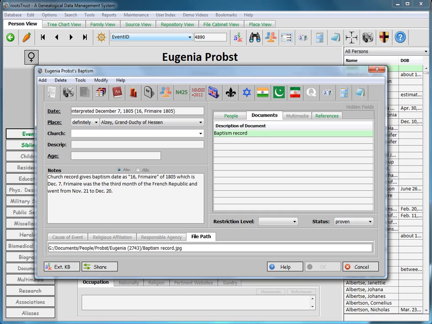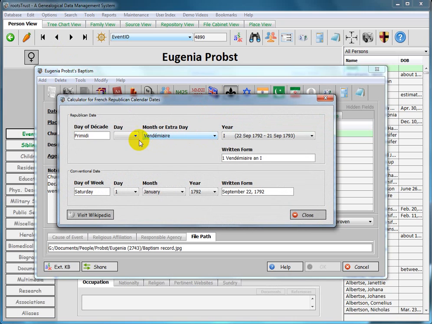Normally, in a real French Republican date, the year would be a Roman numeral relative to year 1, which started on September 22nd of 1792. Thus, year 14 would be Roman numeral XIV, which would overlap with Gregorian years 1805 and 1806, which is what we have here. You can see that this particular record on 16 Frimaire was right at the end of the Gregorian year, 1805. So with that in mind, let's go and look at the tool here